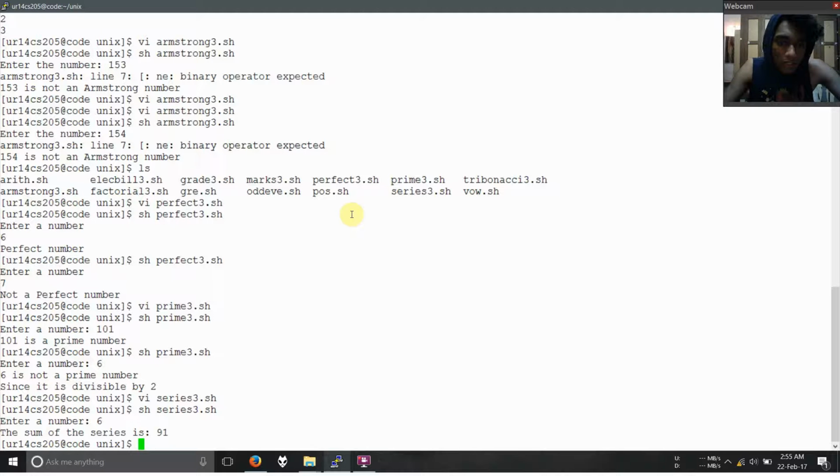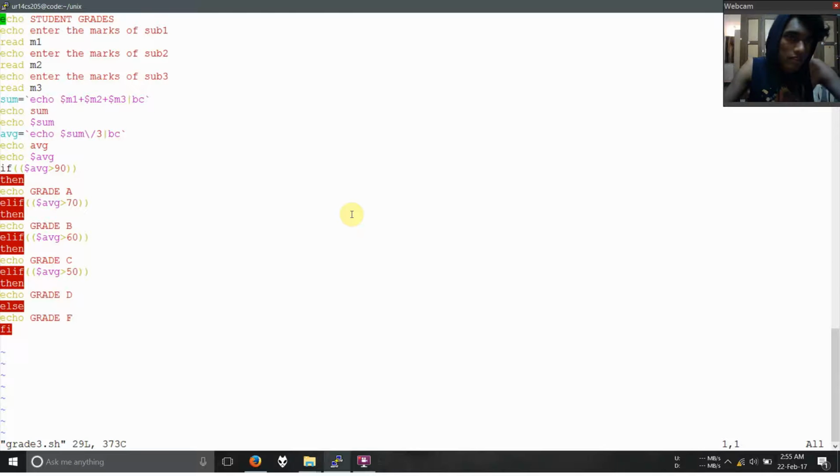Now the next program is we have to find the average grades. So the program is vi grade.sh. So these are the grades where we have to enter the marks, and when we enter the marks, you have to calculate the average, and by using if conditions, you have to place the average marks in particular conditions by giving grade A, grade B, grade C, etc. So the output is